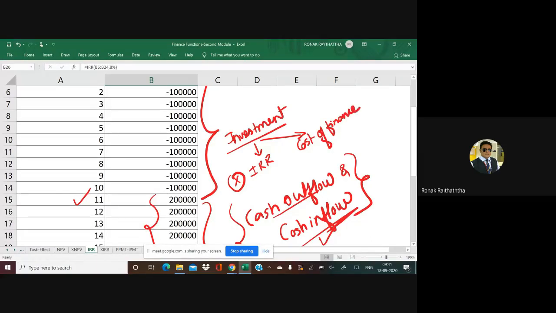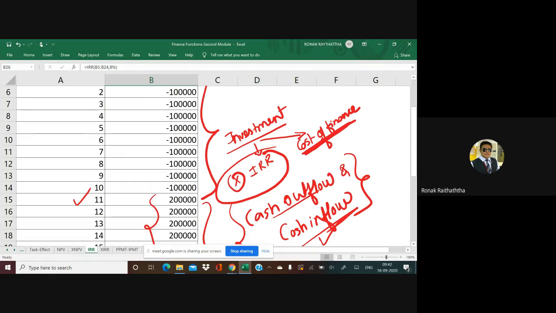Because we have gathered this money from somewhere and then we are making the investment, right? We have gathered this money by issuing the equity shares. If we are thinking from the perspective of the corporate, we have gathered this money of investment from taking the loan. We might have gathered this money for making the investment by borrowing from some financial institutions or some individual. So for the investment that we are making, we should not use the IRR. For that we should ideally use the cost of finance.